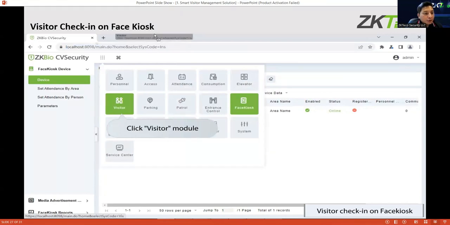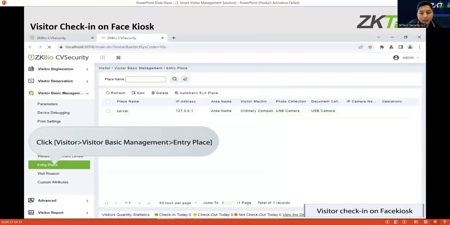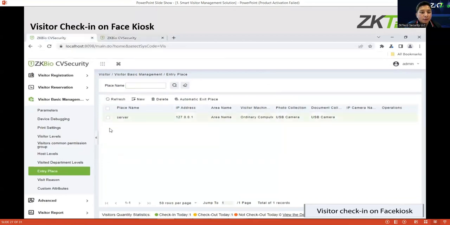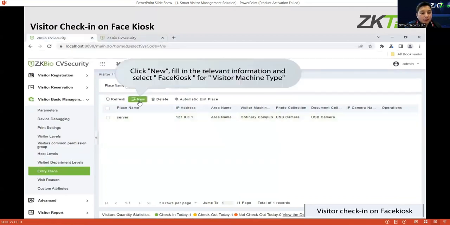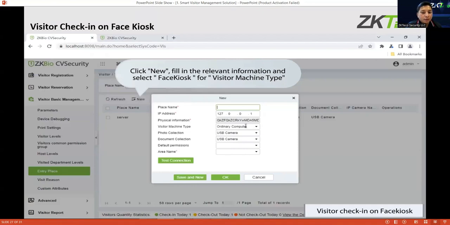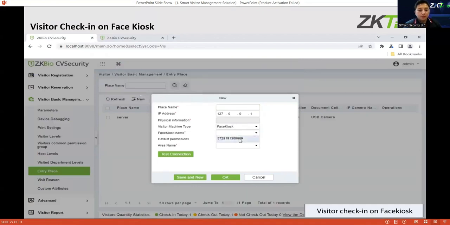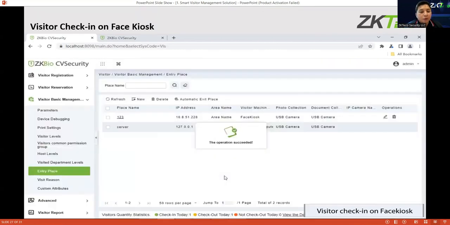So you need to make sure first that the face kiosk is added in the software. Okay, so you click new, and then it will be linked in visitor mode, management module.